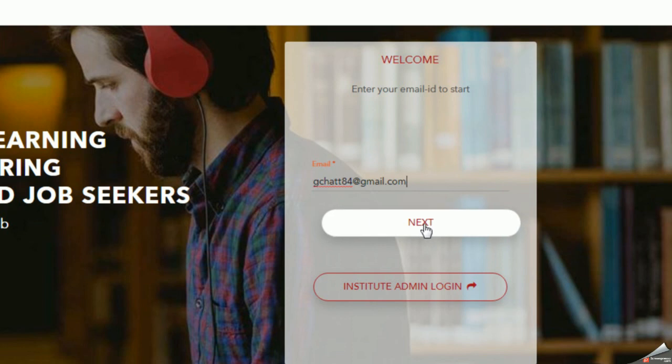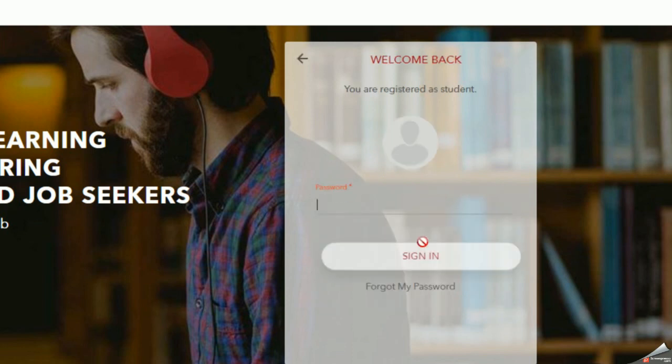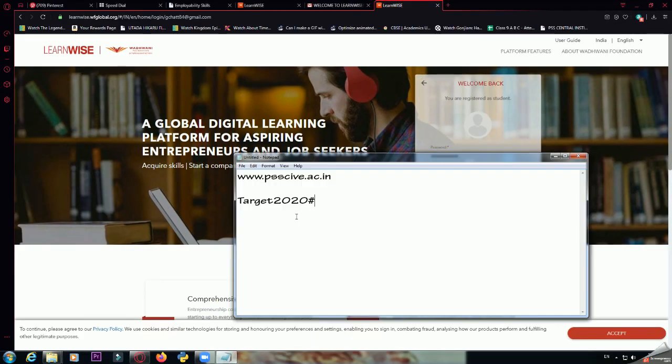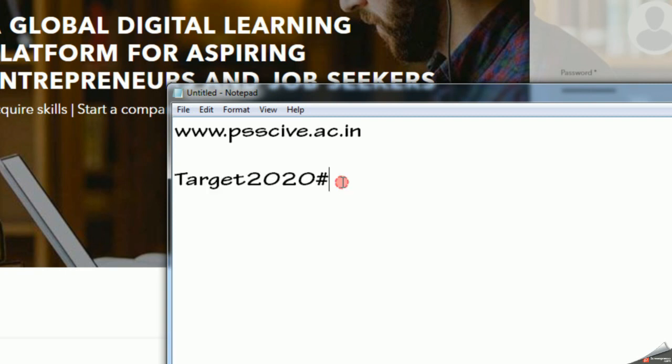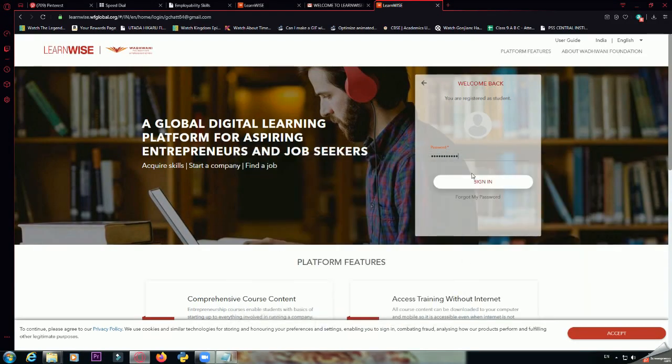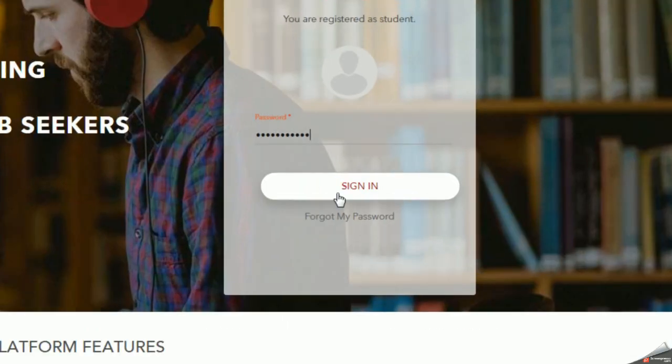Click on next. Your password which you had set earlier, this one. Okay, so I had set this password, and now I'm going to click on sign in.